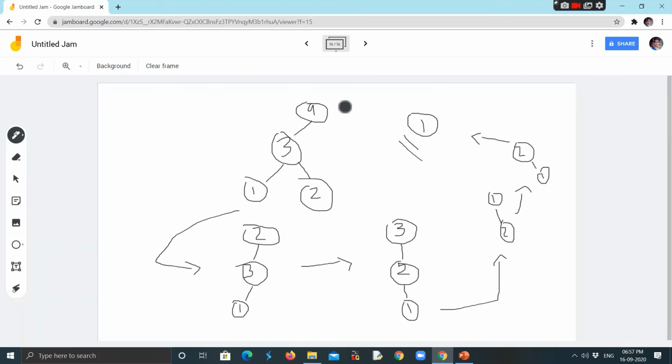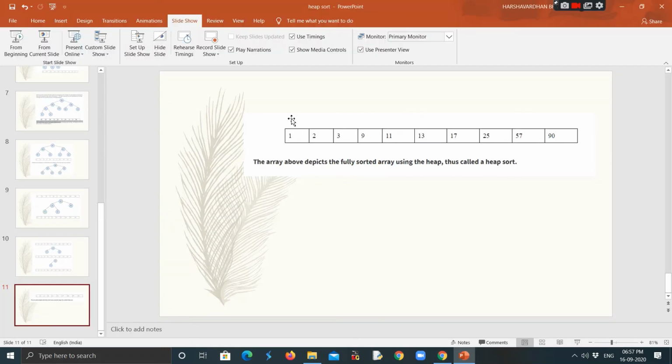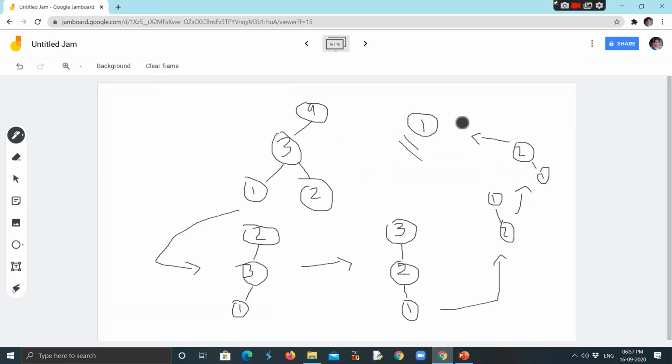So in the exam you have to write all these steps. These steps are very important, and you have to show the final result in this format as well. This is what carries marks, and therefore if you have any doubts you can ask me.